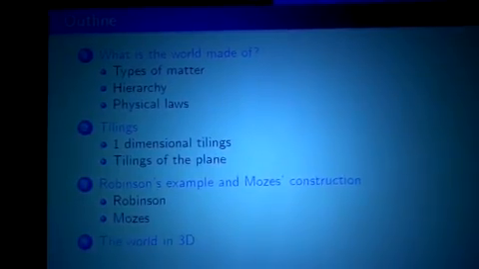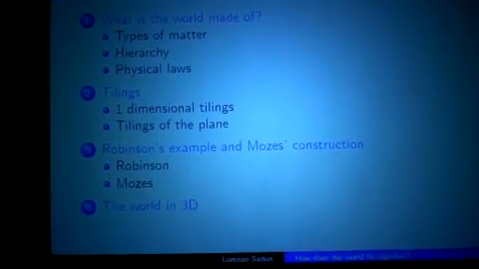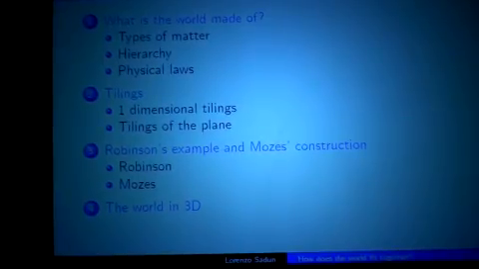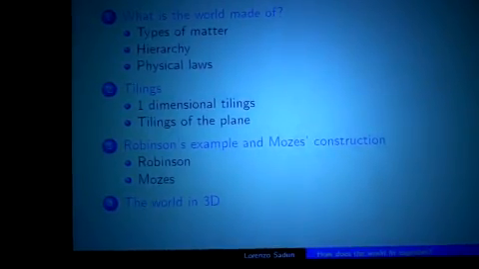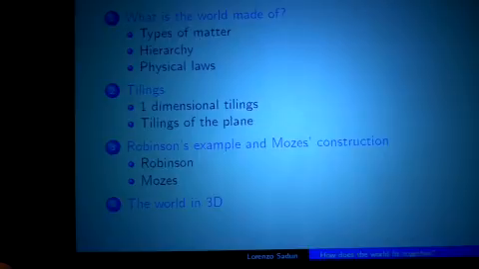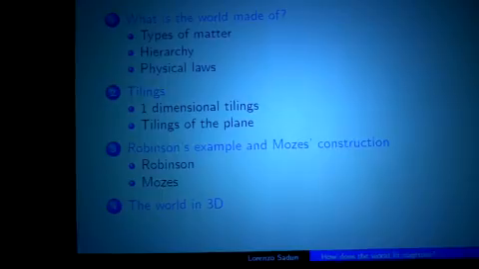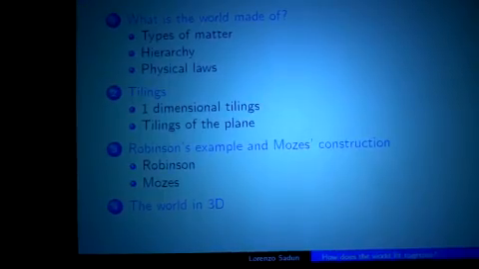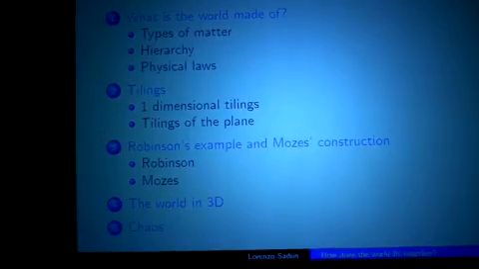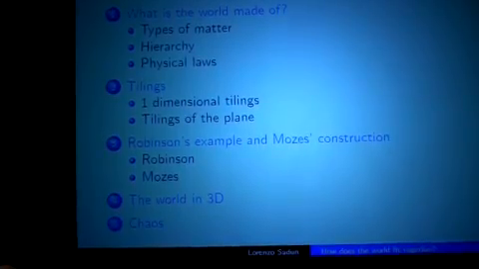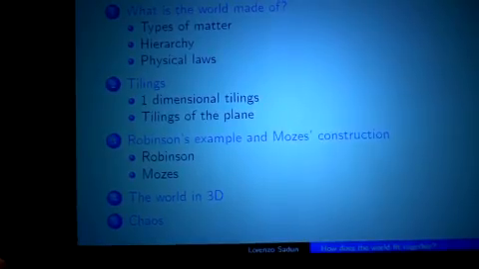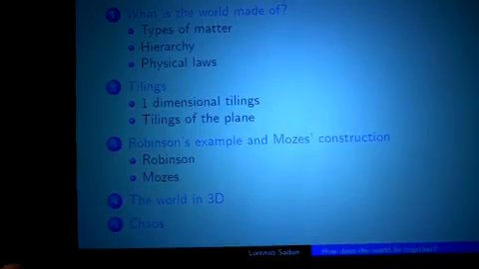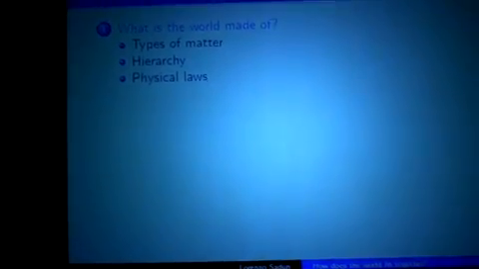Now, of course, we live in 3 dimensions, not in 2 dimensions. So I'm going to talk a little bit about what extra features we get from the 3rd dimension. And in some ways, we've got a 4th dimension, because we've also got time, and things change over time. The fact that there are 3, and in some sense 4 dimensions to play with, gives us more ways of understanding the world. And finally, if there's time at the end, we're going to talk about chaos and how tilings and tiling spaces are related to the phenomenon of chaos. So it's a fairly tall order, but we'll try. Let's start off with